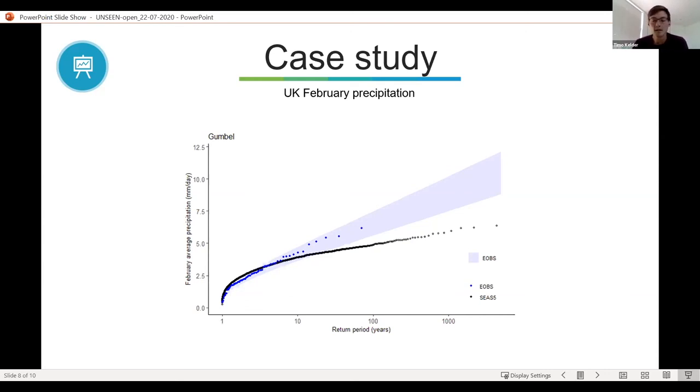And then within the model, within the unseen simulation, SEAS5, you have many more extremes. So therefore you would theoretically be able to estimate what is happening once in 1,000 years. However, this plot also shows the problem here, that the black dots do not capture the blue dots. They do not follow the observations because there's too little variability. And therefore it highlights the importance of evaluation. If you would just use this without thorough evaluation, it could be problematic.